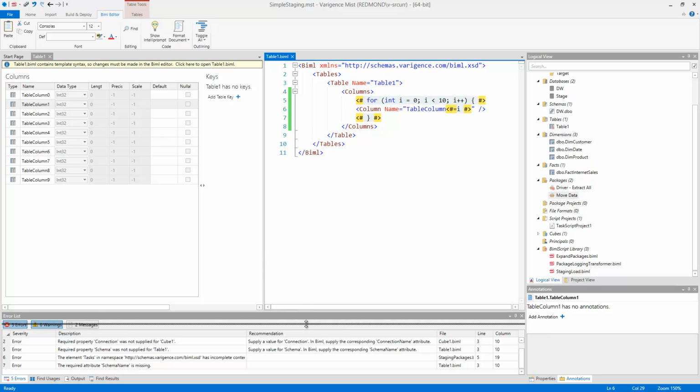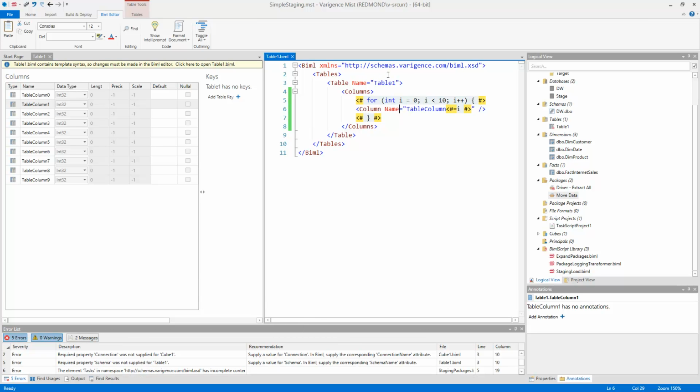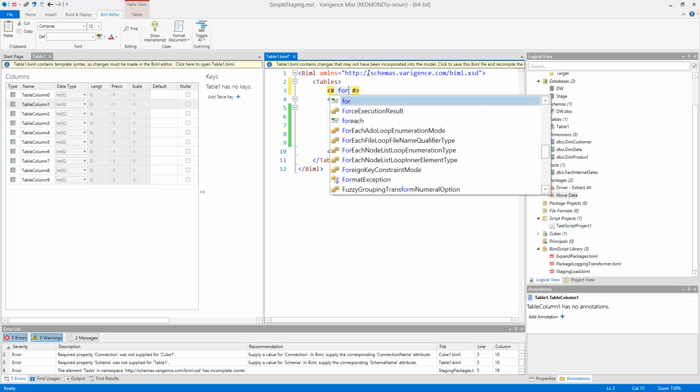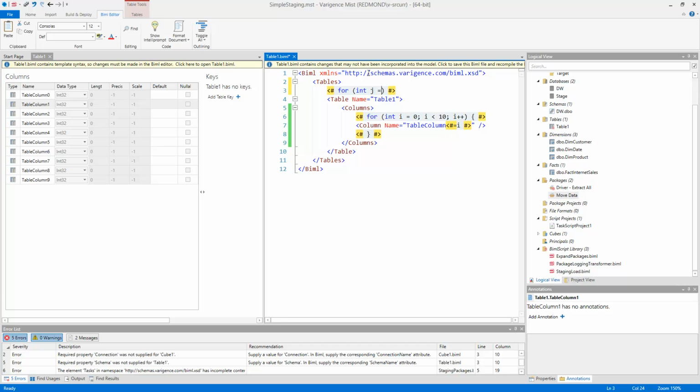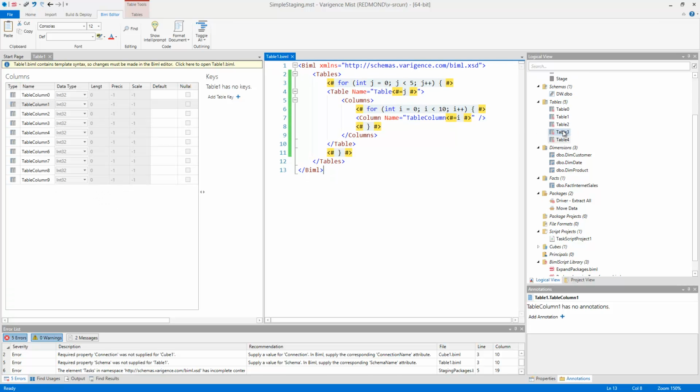So that's great. But I'm not limited just to making these sorts of small changes within a table or within other root objects. I also have the ability to do things like this. I can say for int j now, j is less than 5, j++. And now I'm going to close this loop off here. And to avoid the same issue we had earlier, I'm just going to jump in and add table j. So now, as soon as I allow this to recompile, we'll see that we now have 5 tables, tables 0